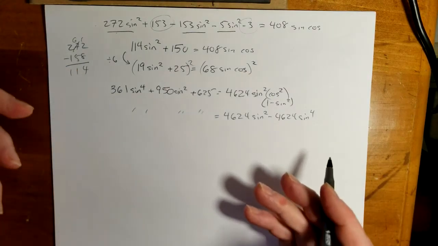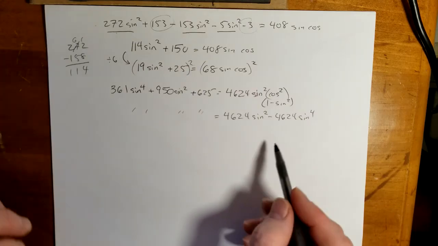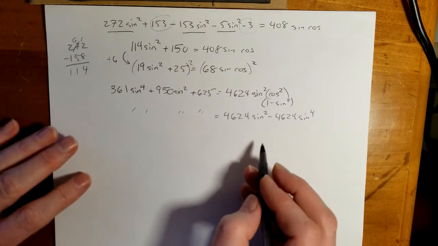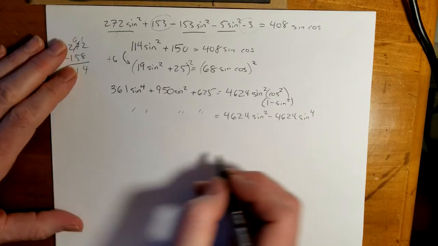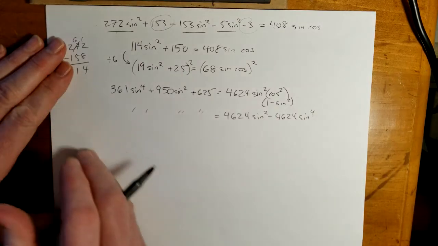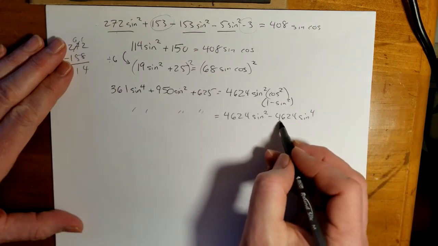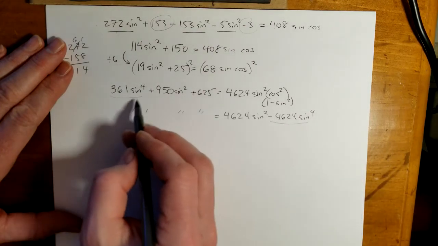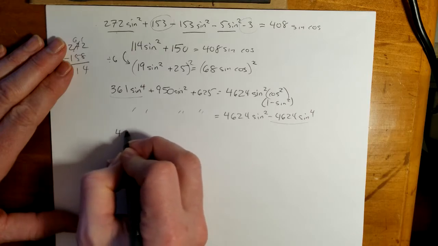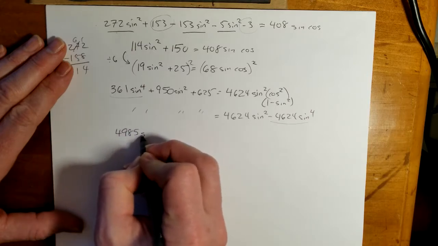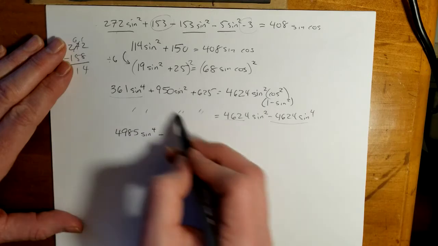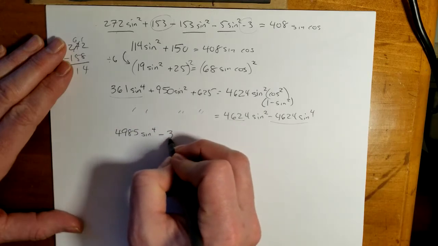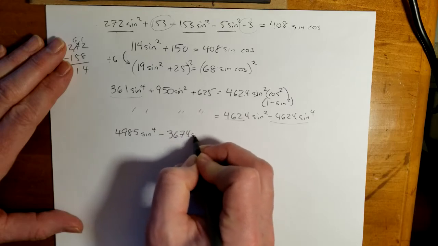Basically, I'm dealing with a quadratic here, even though it's a fourth power, but I'm going to look at it as a quadratic. So I'm going to treat sine squared as an entity, and get everything over onto the left-hand side. So I have 4,985 sine to the fourth power minus, because I'm going to subtract this from both sides, so I'll end up with a negative, negative 3,674 sine squared